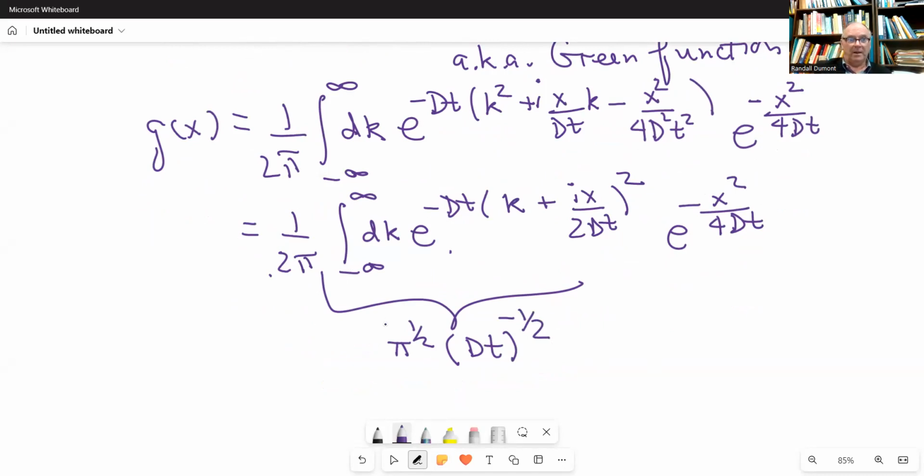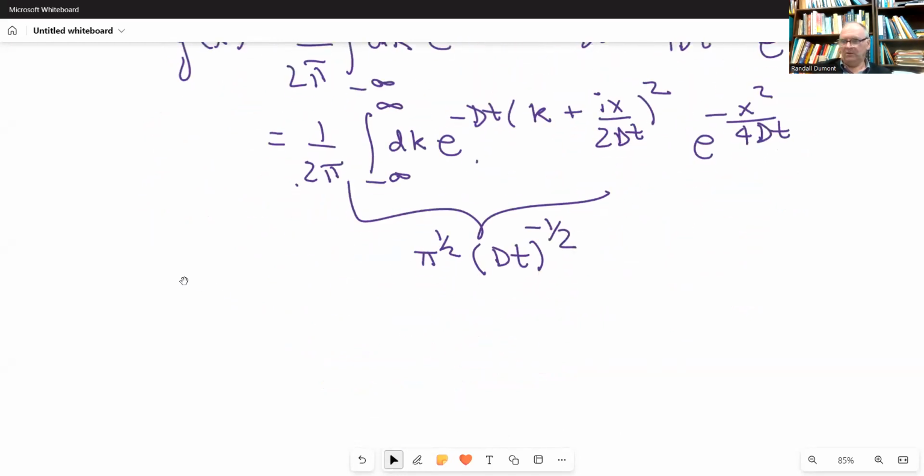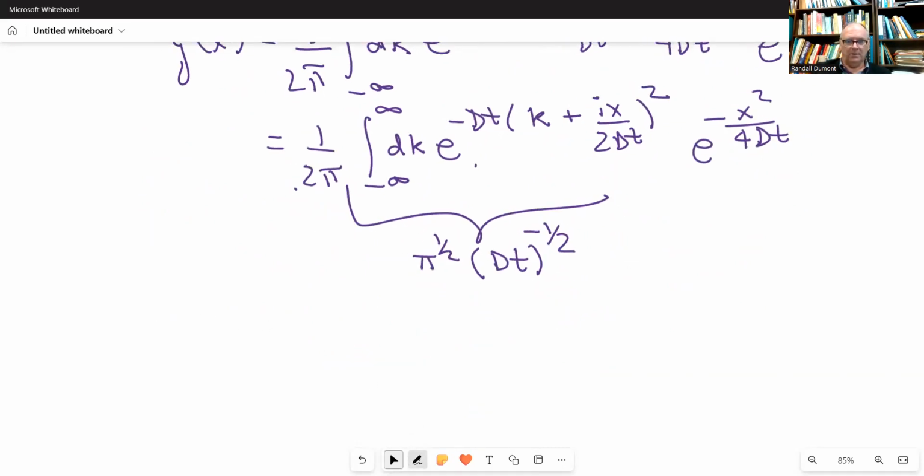So altogether, what do we have? We still have a 1 over 2 pi in front. D of x equals e to the minus x squared over 4 dt,